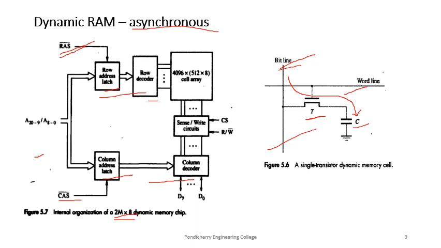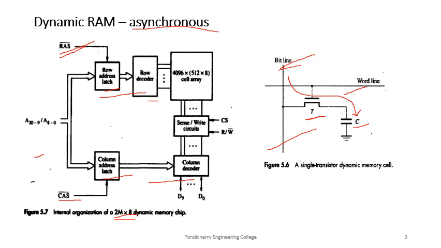The RAS and CAS control signals are active low in most commercial DRAM chips. That's why here they are shown as active low signals. So the latching of the addresses happens when they change from high to low, right? To ensure that the contents of DRAM are maintained, each row of cells must be accessed periodically. As I told you, there is a separate refresh circuit which takes care of this refreshing function automatically.